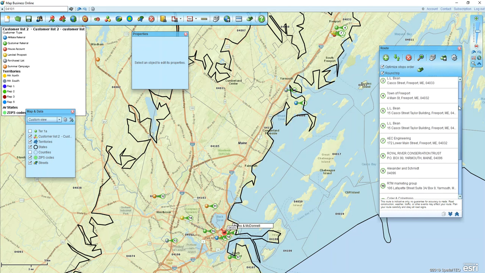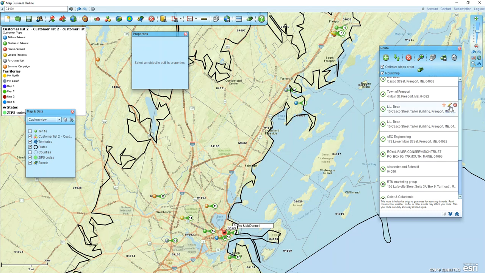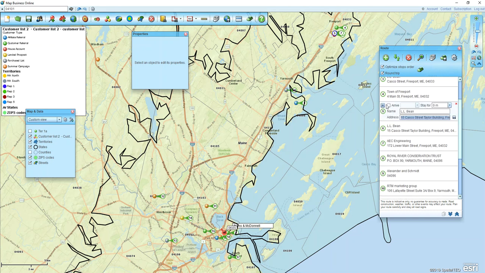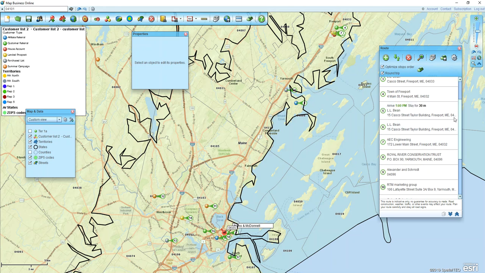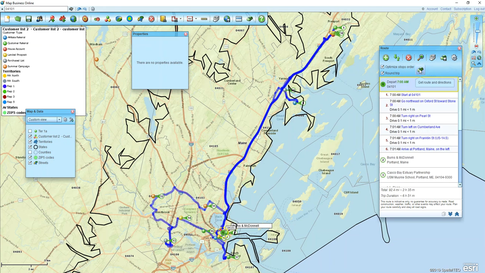I can also go down to an individual customer, click on the pencil, and tell it that I have an appointment here at, let's say, 1 o'clock. And I plan on being there for 30 minutes. I can click save, recalculate, and it'll give me an optimized time, optimized route, knowing that I have to be at that specific customer